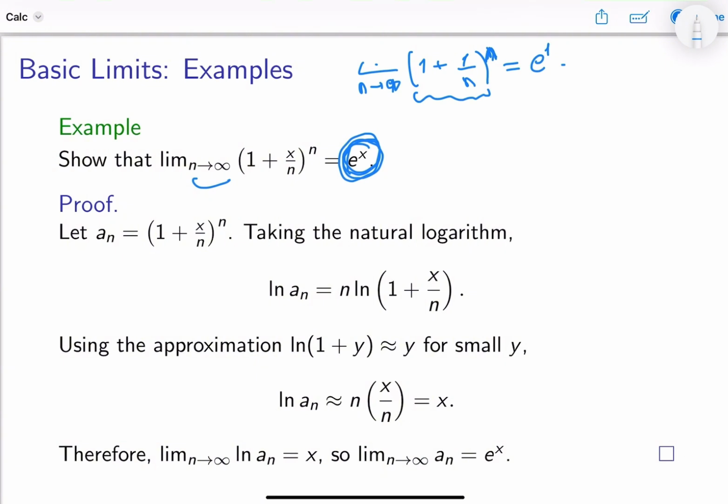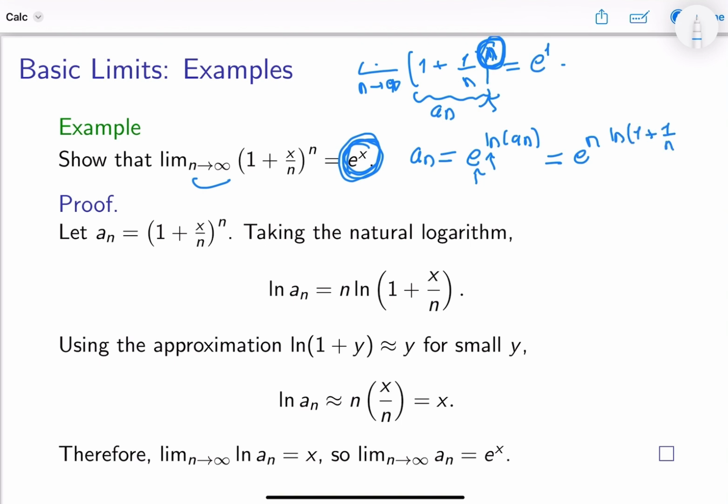You remember that one way of getting rid of an ugly exponent is by taking a logarithm. So if we call this sequence a_n, I remind you of this trick, this is a very important trick, you can write it as exponential of logarithm of a_n. Because these are inverse functions, right? And what is this? This is e to the, so what's the log of this? The n is going to be down here,